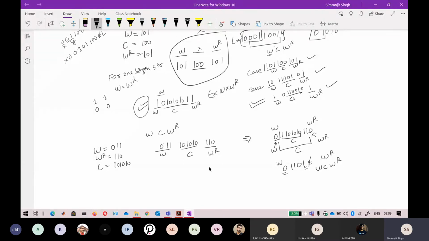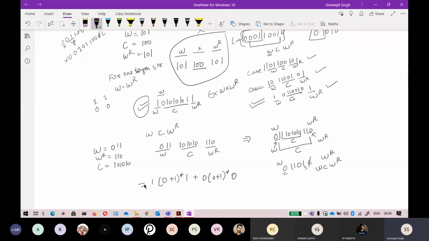Now if I take this language again, I can say that this language can start and end with 0, or start and end with 1. So it can be represented by a regular expression for strings starting and ending with 0. It can be written like 0 (0+1)* 0, or 1 (0+1)* 1.